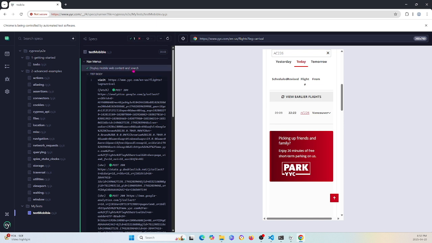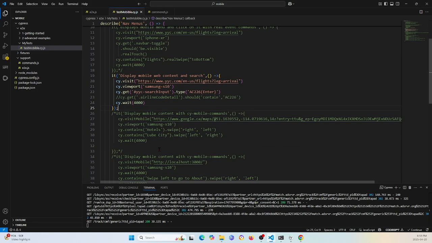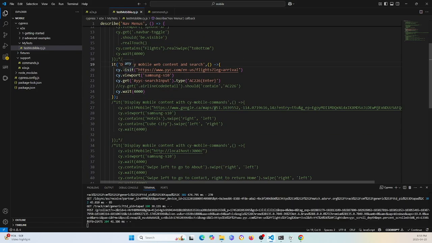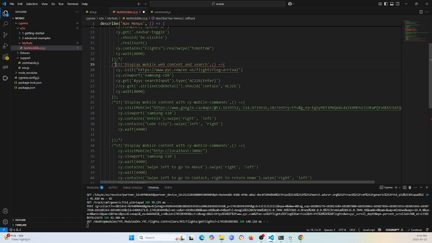So display mobile web content search. It basically searches for this flight right here, AC226. So that's good. Let's go back to here, and then we're gonna go ahead and comment out this again. And this time we're gonna work with some different websites and see what we can do with these mobile testing. So I'm gonna comment out this,